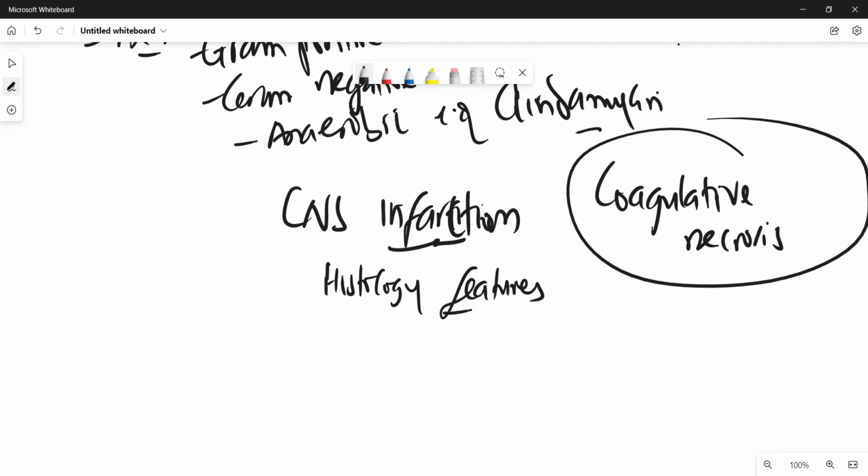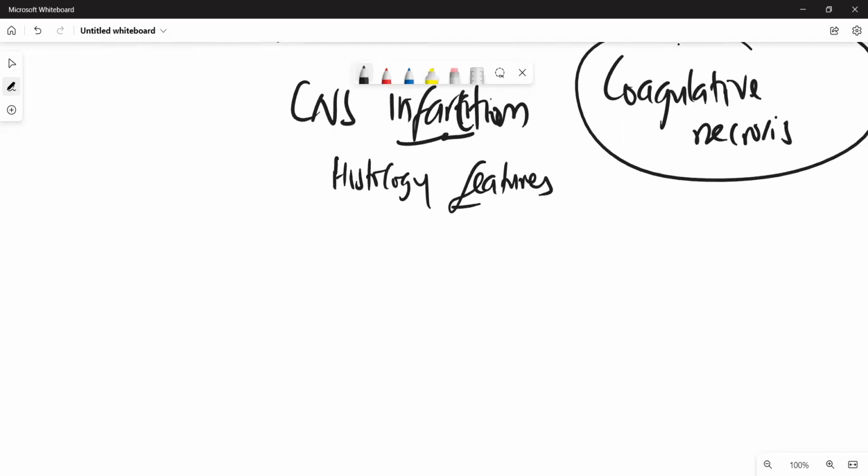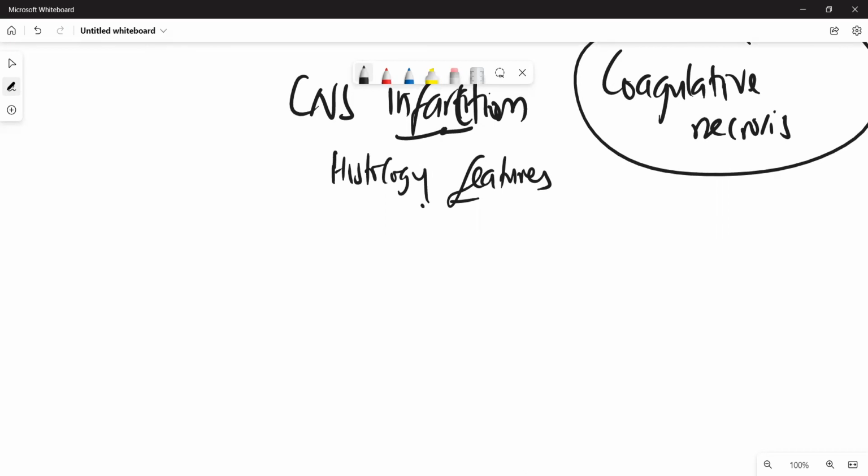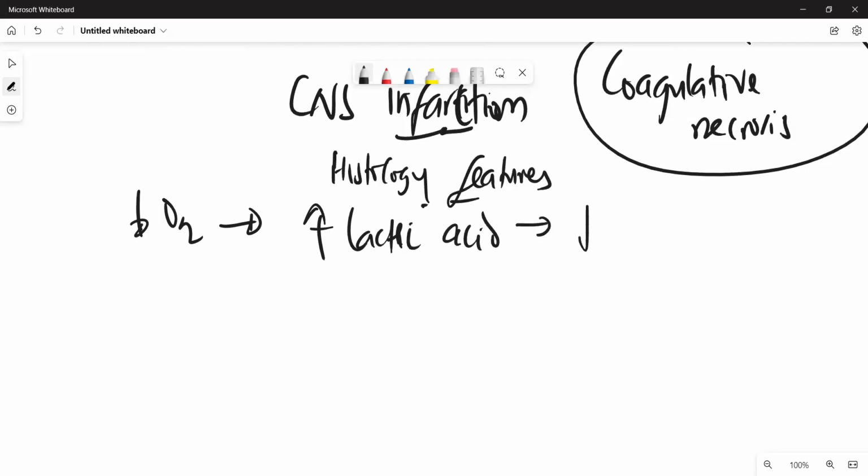Features or histology changes that we're going to see with CNS infarction, just the same thing that we did for myocardial infarction. With CNS infarction, we definitely know that there will be decreased oxygen delivery to the tissue, right? And because of that, the tissue is going to shift to anaerobic metabolism, and there will be increased lactic acid. And this lactic acid can decrease the pH inside the cells, and at the same time, it can also denature